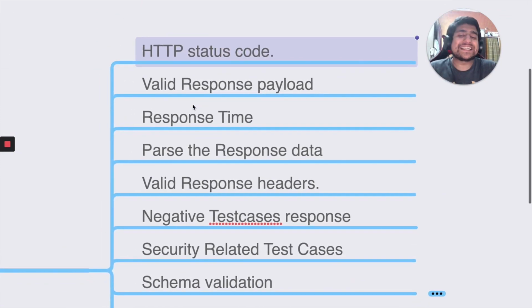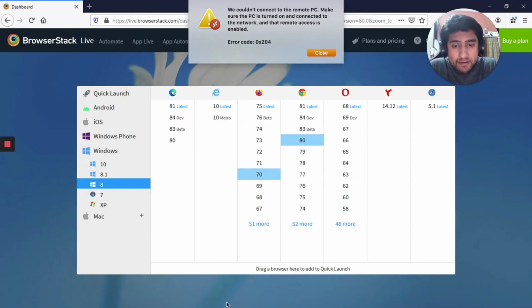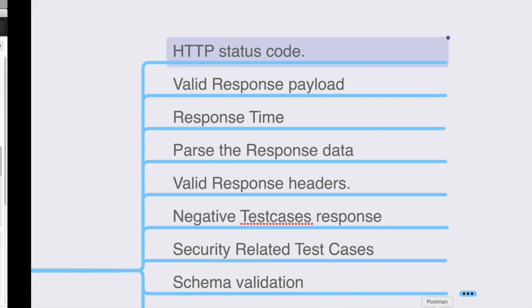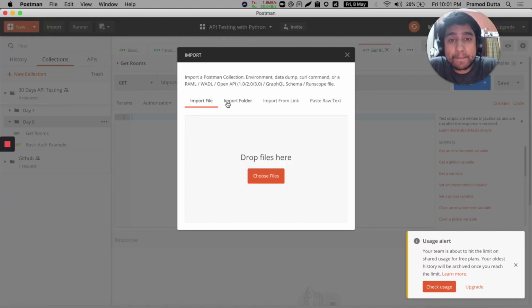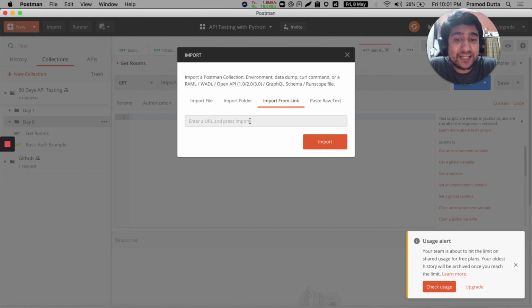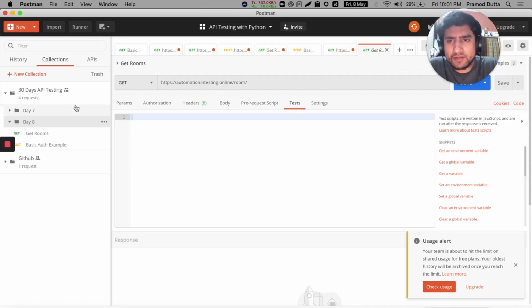The first thing is that if you have any kind of API, in the previous example on day 7, we had APIs. Let me show you how that API looks. If you go to day 8, I'm going to share this folder also with you so you can import it. You can use import, and if it is a link, you can directly put the link here. You can import the files also that I will be providing you. Probably I'm going to provide a link. When you import it, you will have this folder with day 1, day 2, till day 30.